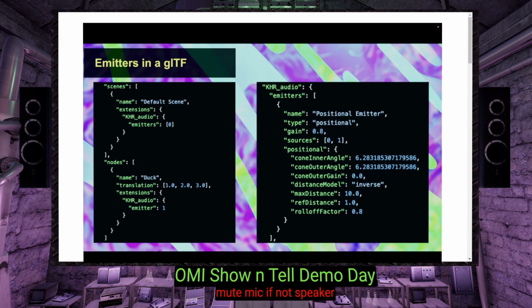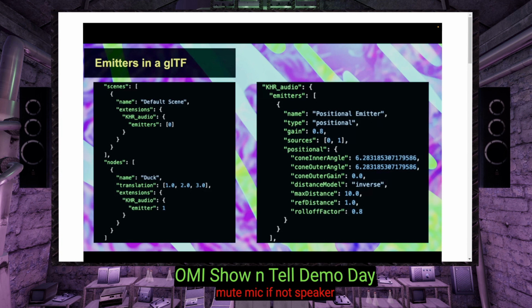In the nodes, you'll see we've got a duck here, and this duck will play a sound. It's telling it to point to emitter 1, which would be the second item in the array of emitters. And it'll perform at the translation of 1, 2, 3. All of this, the positional, the gain, the sources, all of those will respect the behavior. So the sources of 0 and 1, if source 0 is autoplay true, then that means that's going to autoplay.